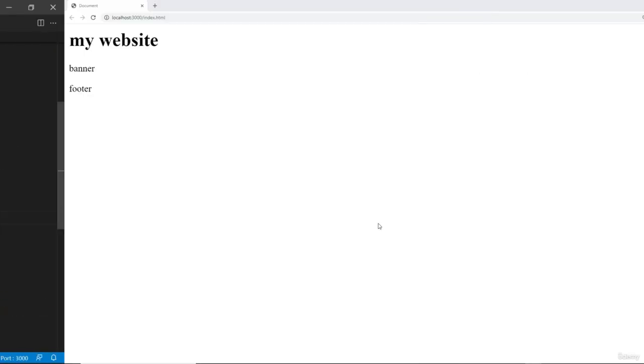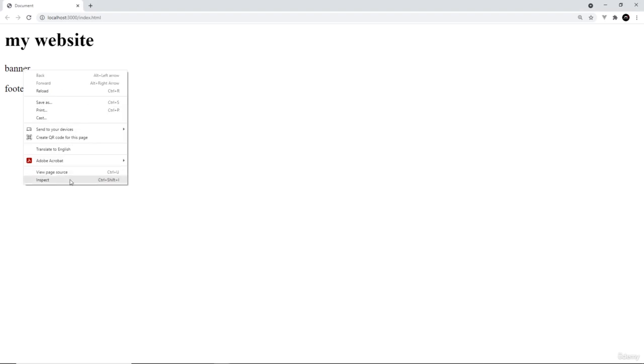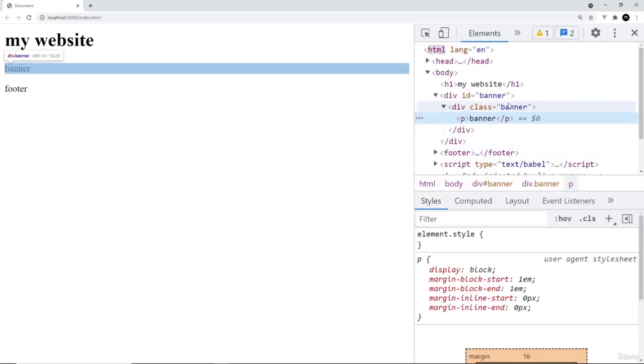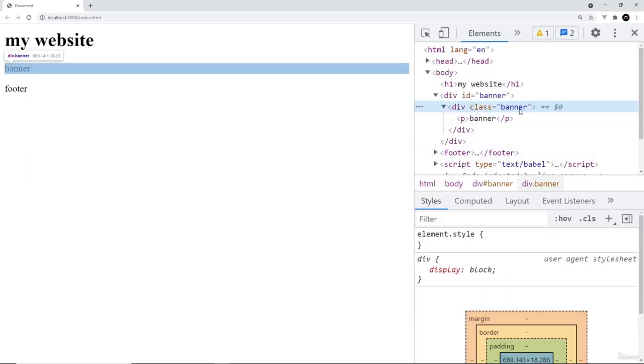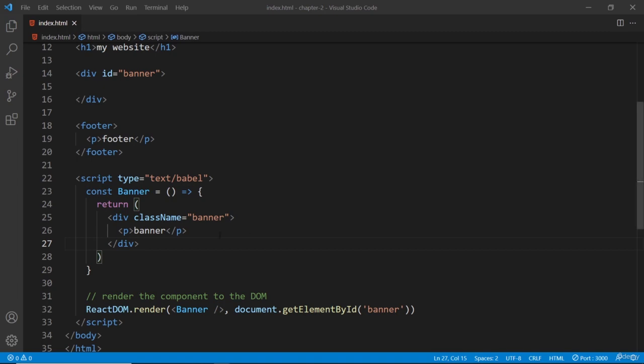attribute in the browser. And now in the browser, if we inspect the element in Chrome's DevTools, you can see right there that the className attribute is turned into a regular class attribute in the browser. So that's a pretty big difference, right? And sometimes, to be honest, I still forget to use className instead of class when I'm writing a JSX template. But React will warn you in the browser console when you make that mistake, so you can just come and